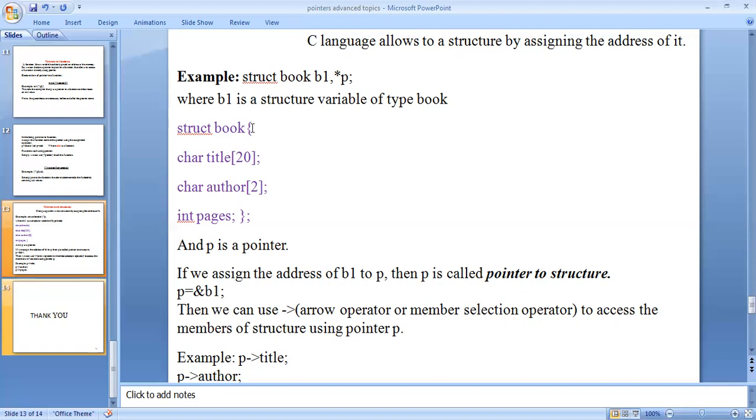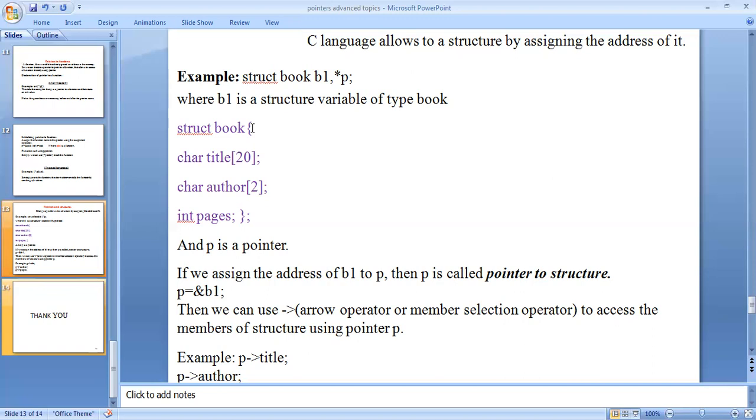Struct is the keyword, book is the structure name, and char title, size 20, with a semicolon, char author, size 2, with a semicolon, int pages. These are different data types used in a structure. And p is a pointer.